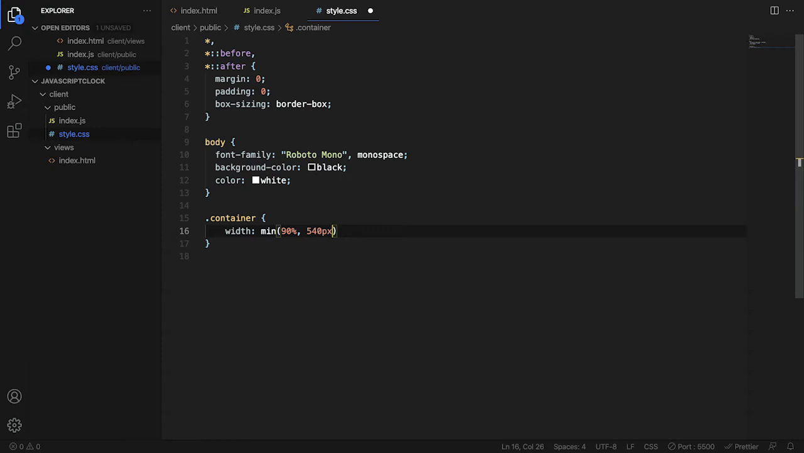Because what the min function does in CSS, it just gives you the minimum value among the two arguments. So when the screen size shrinks down, 90% would be smaller than 540 pixels. So the width is going to be then 90%. But when it gets larger and 90% goes beyond 540 pixels, well then the width is going to be that. Now I want to set the height, and I'm just going to spell it like 100vh, which basically means full screen,